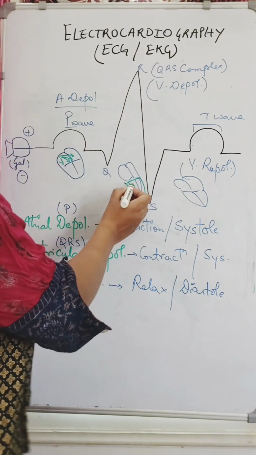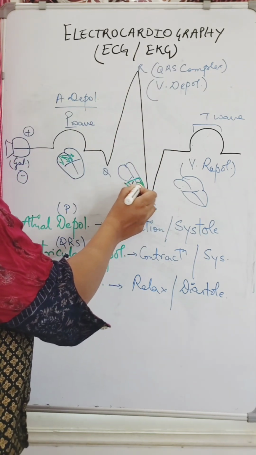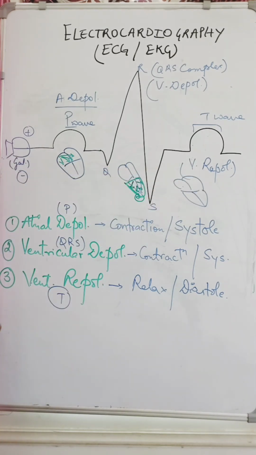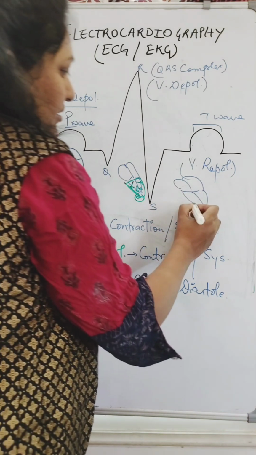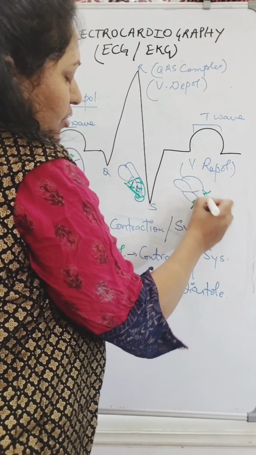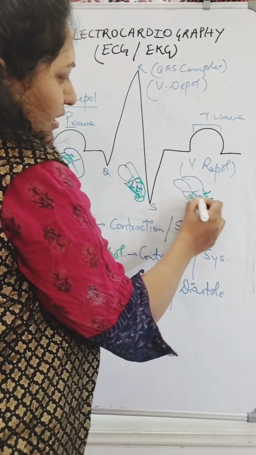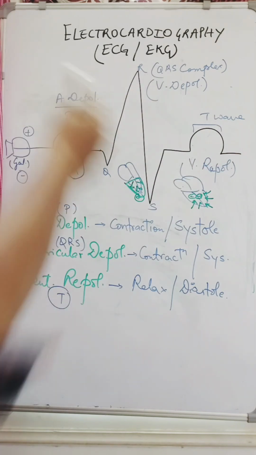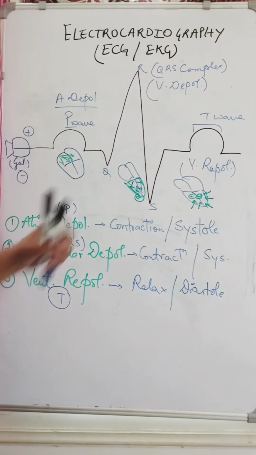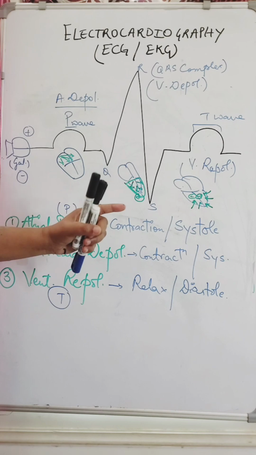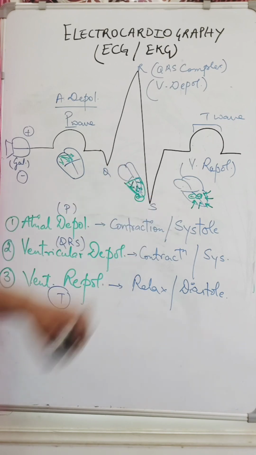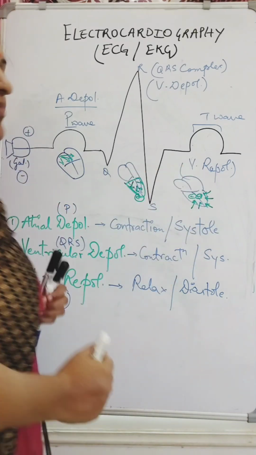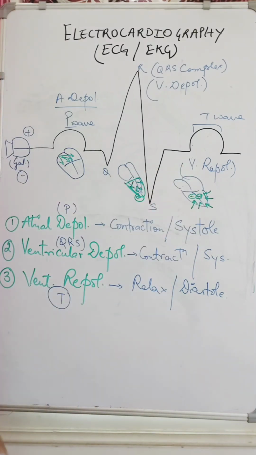So this is how it looks. Positive charges. Now this is the ventricular repolarization. It means again the process of electropositivity to electronegativity is going to take place at this point. Again the normalcy, the normal condition of the heart: the ventricle tissues, the ventricle cells, which were contracted. Now see, it was contracted, now it is relaxed. That is why I made it thin, and this is the wider one.